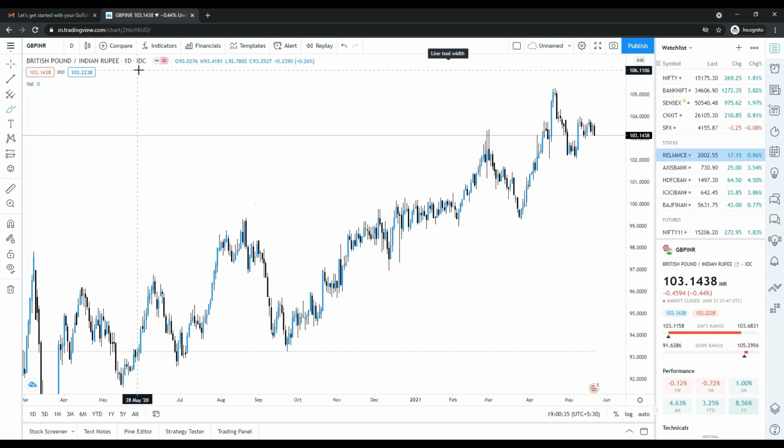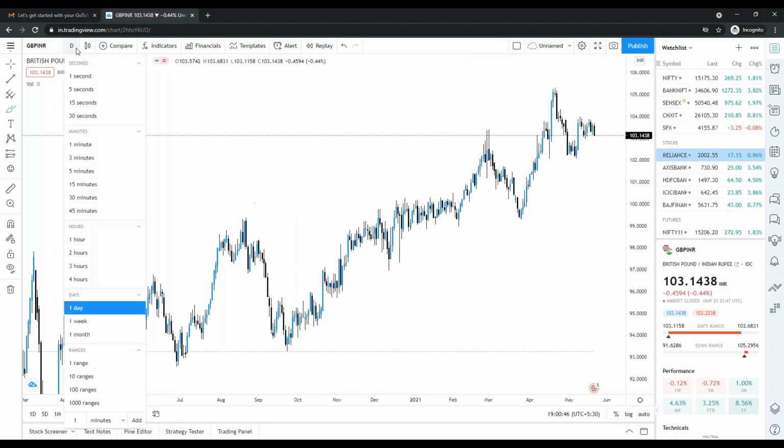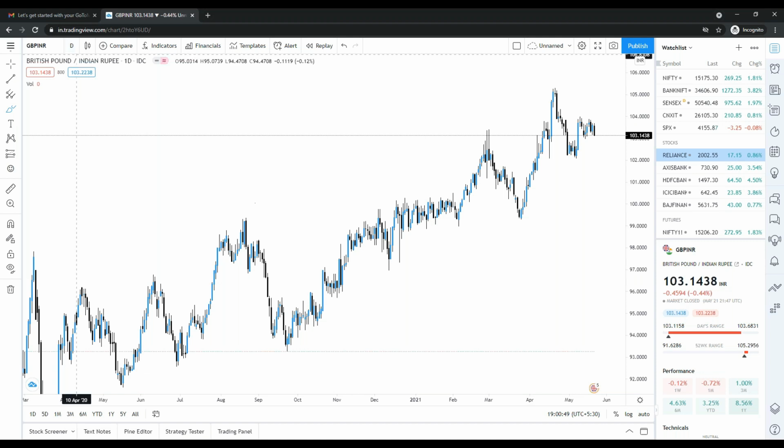Again, there is a huge controversy about the time frame. Which time frame should I use? All this depends on what kind of trading you want. I will be coming to that later, but currently we are just focusing on the daily time frame to understand the price action. Then I will explain when I start the multi time frame analysis topic how we can do this analysis on different time frames from top to bottom. Means we will analyze on the higher time frame, then slowly we will get to the lower time frame. Okay, we are clear, right?